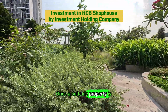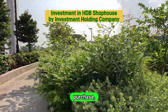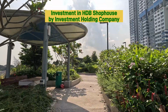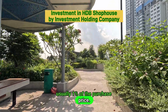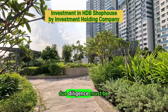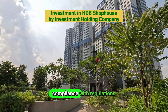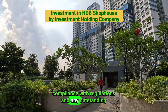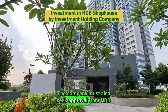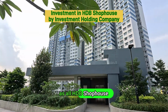Once a suitable property is identified, the next step involves securing an option to purchase, OTP, from the seller by paying an option fee, usually 1% of the purchase price. Before proceeding with the purchase, due diligence must be conducted to verify the property's legal status, compliance with regulations, and any outstanding liabilities. The company must also seek approval from HDB for the transfer of ownership, as all HDB shophouse